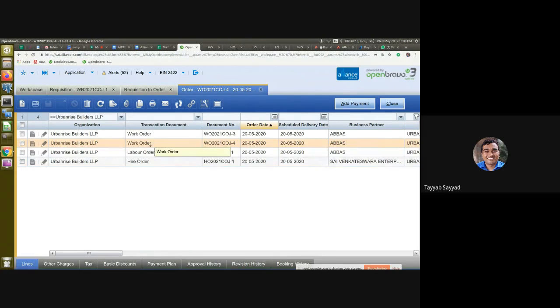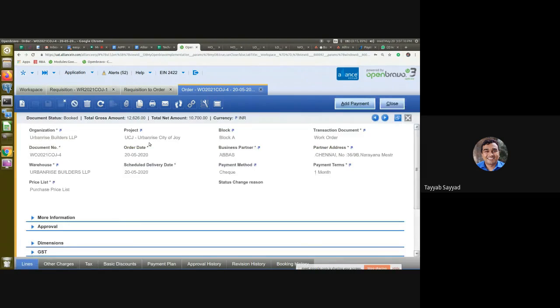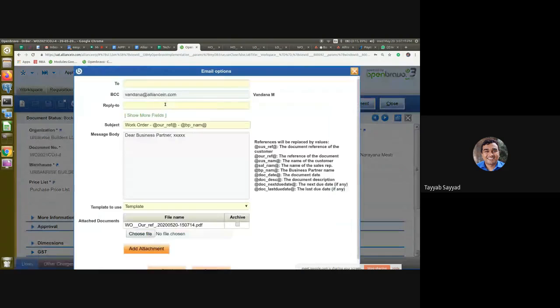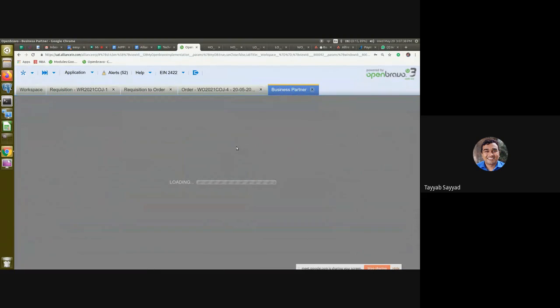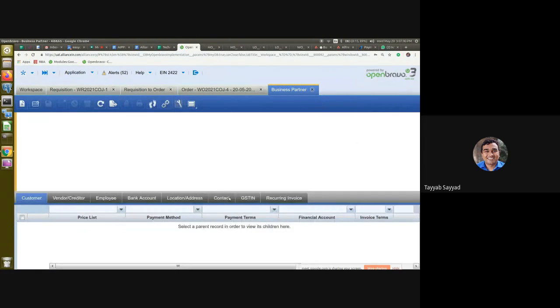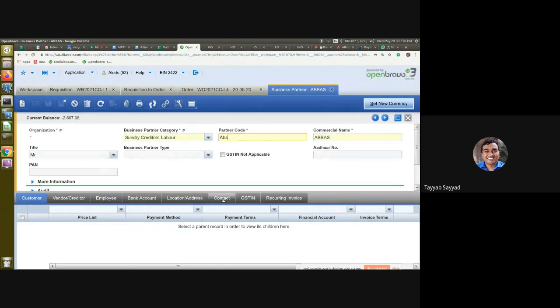Okay. If we need to email the orders to the vendor directly, we can click on this email option and you can type in the message body in this one. The work order will directly get attached to this one. And if we define the contacts for that business partner, the two will automatically show up. It will take from the contact of the business partner. So I'll just add the contacts. So if we define the contacts in the business partner, the same contacts will pull up in the order screen in this contact details.